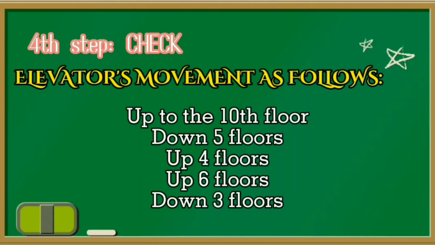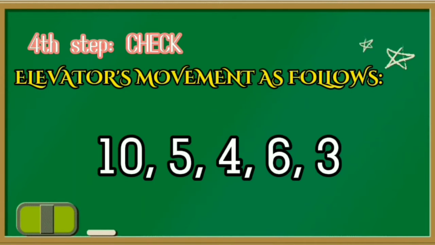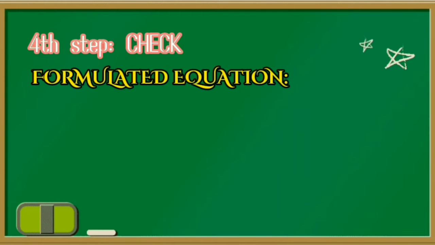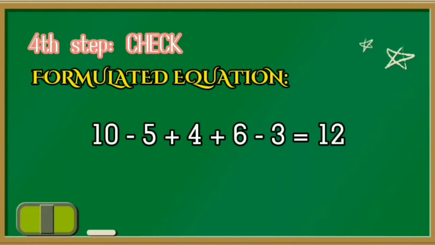Up to the 10th floor, down 5 floors, up 4 floors, up 6 floors, down 3 floors. So here are the following numbers. Thus, our formulated equation here is 10 minus 5 plus 4 plus 6 minus 3, and it must be equal